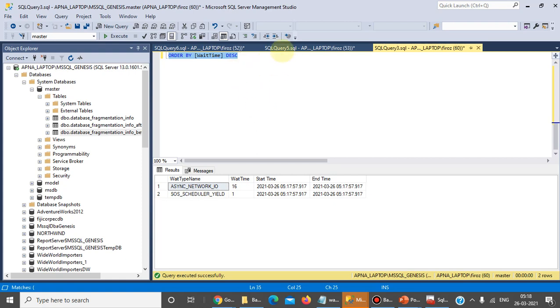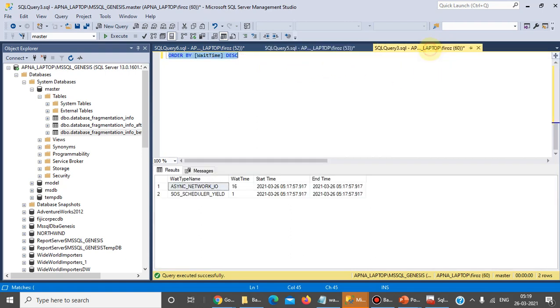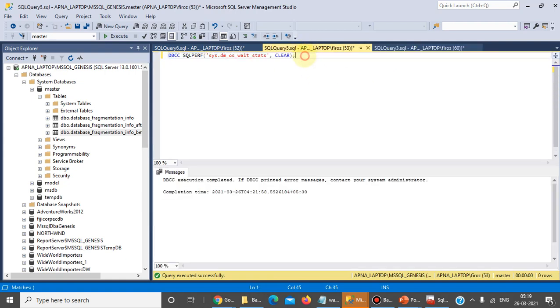Before that, first we clear that data by using this command. Before all these steps, creating, inserting and reading data, let's proceed with clearing this. This is the main part, to clear the sys.dm_os_wait_stats information.